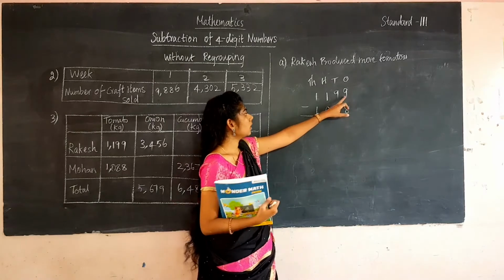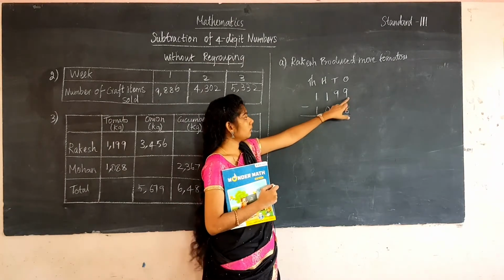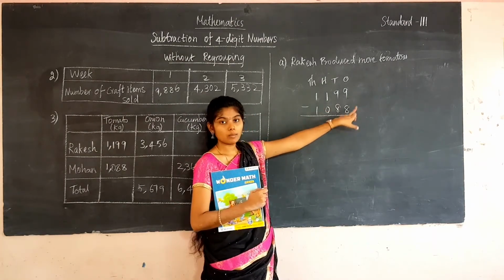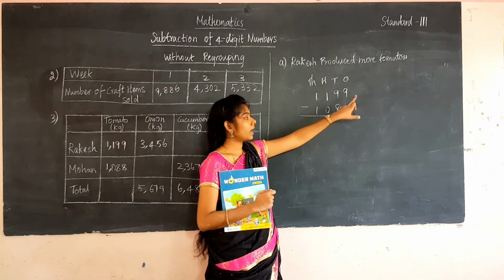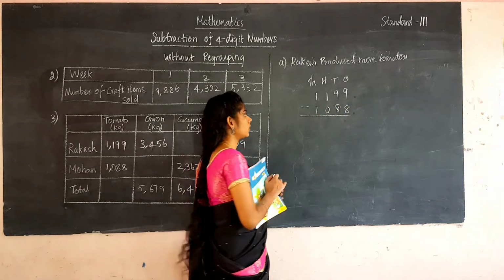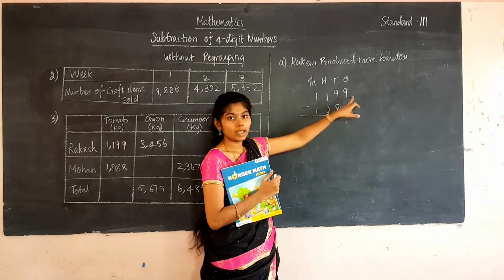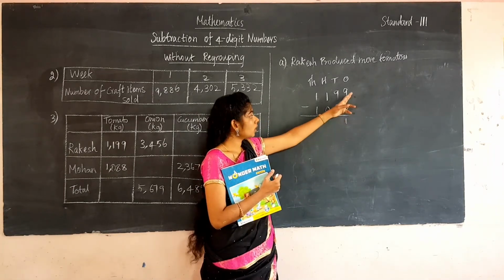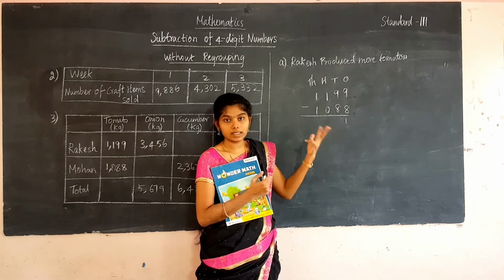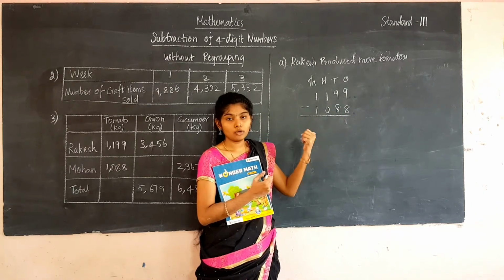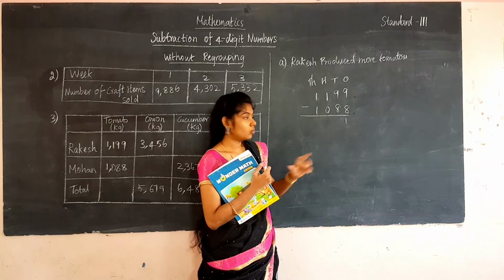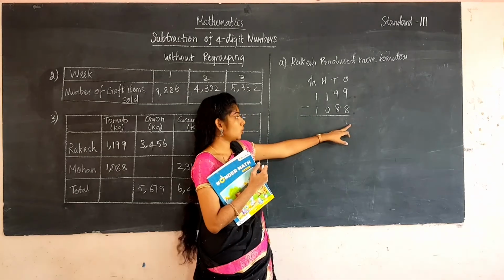Now we are going to subtract these two numbers. So subtract this number, 9 minus 8: 9 in the mind and 8 in the fingers. You will say the numbers before 9, so you will get the answer 1. So write 1 here. How did we get it? You keep 9 in the mind and 8 in the fingers. Say the numbers before 9: 8, 7, 6, 5, 4, 3, 2, 1. So you will get 1 here, and you will fold the fingers.